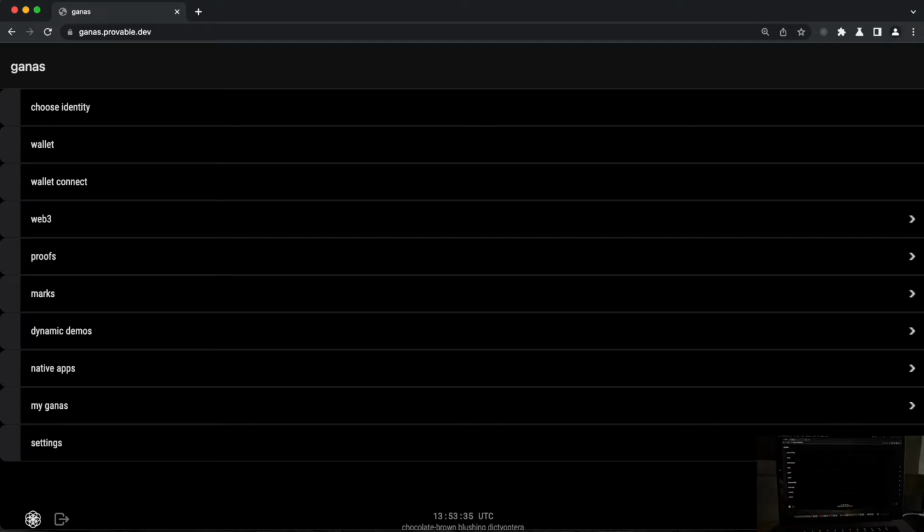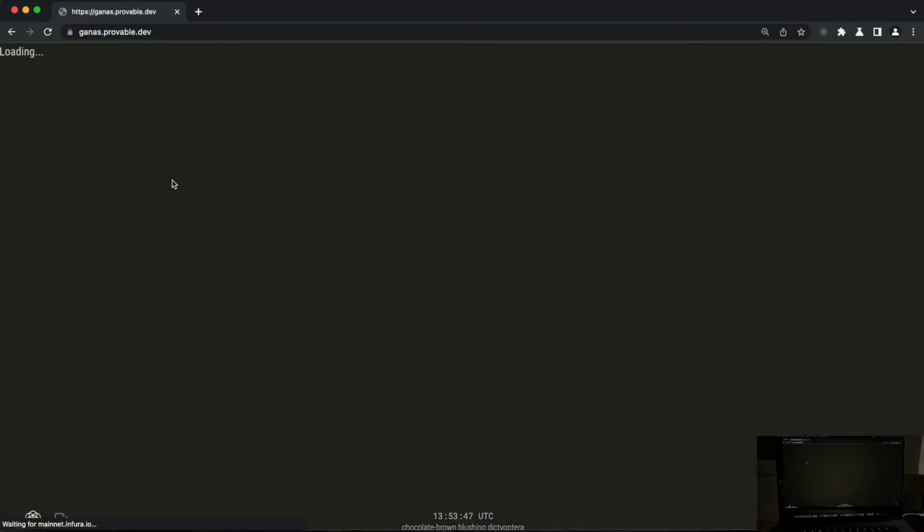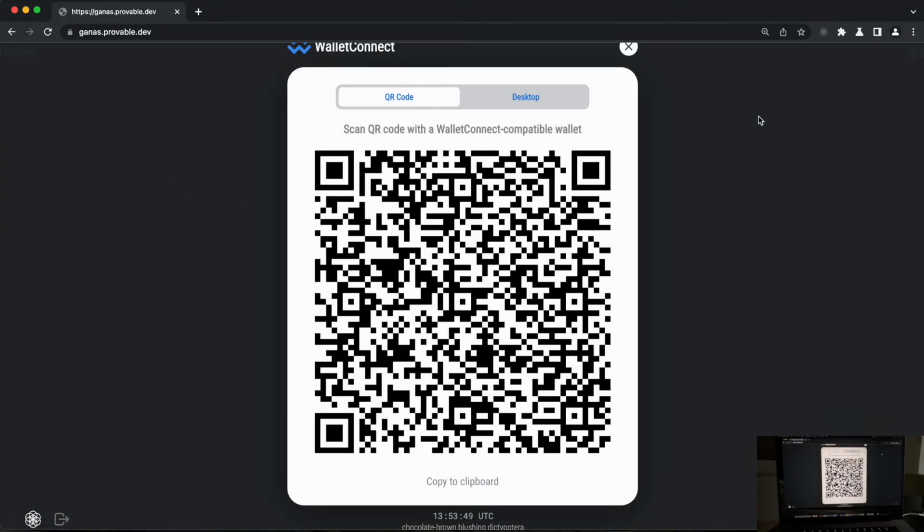We go back to the web platform into the Web3 folder, and here we find the simple storage mark, which is a dApp with a smart contract deployed on the Goerli testnet. And we see a Wallet Connect QR code, which is prompted by the ganasX extension. So what we do is we take the Ganas Mobile wallet, we go to Wallet Connect, we scan the QR code,